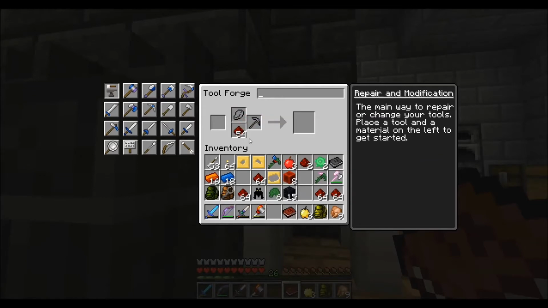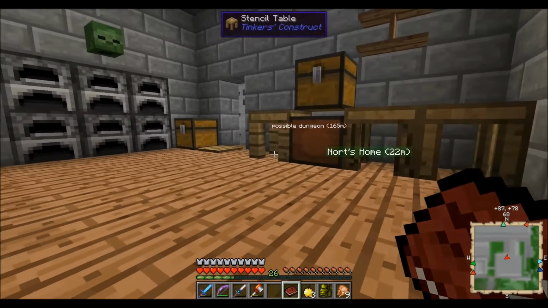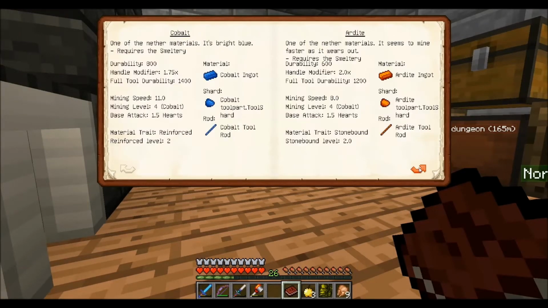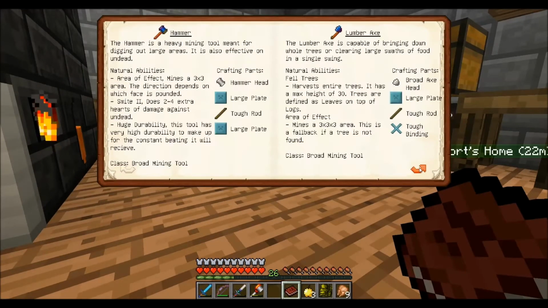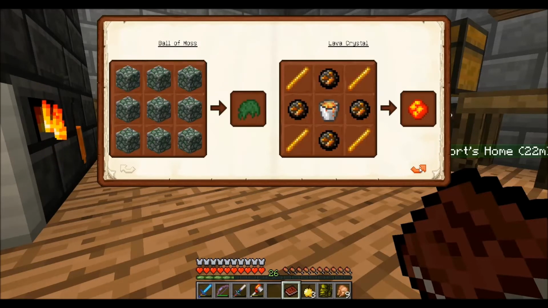Alright. So, what else do I want to put on it? Well, I'm thinking, since it has so low durability, I was kind of thinking a diamond. Which one is 50% durability? Oops, I didn't mean to do that. Is it in here? I don't know. Maybe. Okay, emerald is 50% more durability. Now, I can either do that, or I can go another layer of moss, or